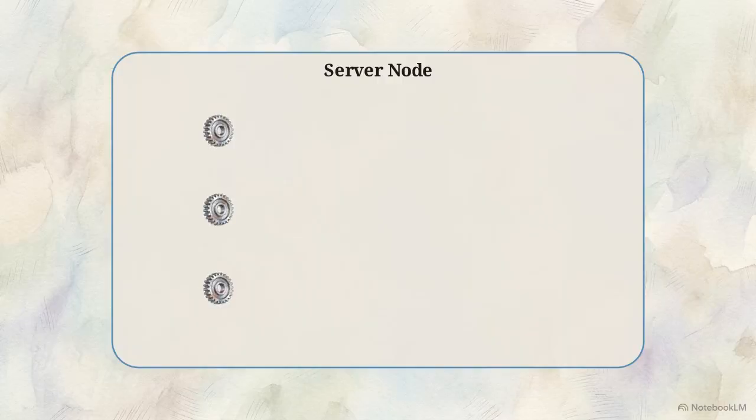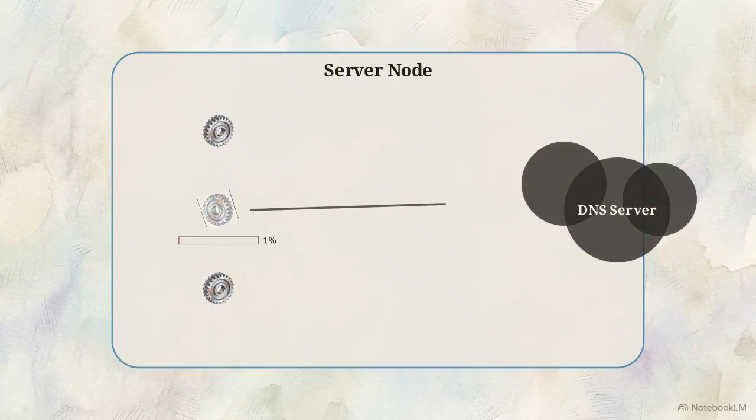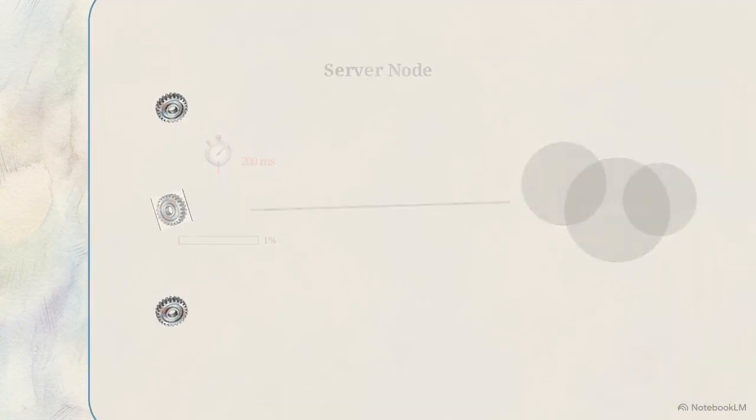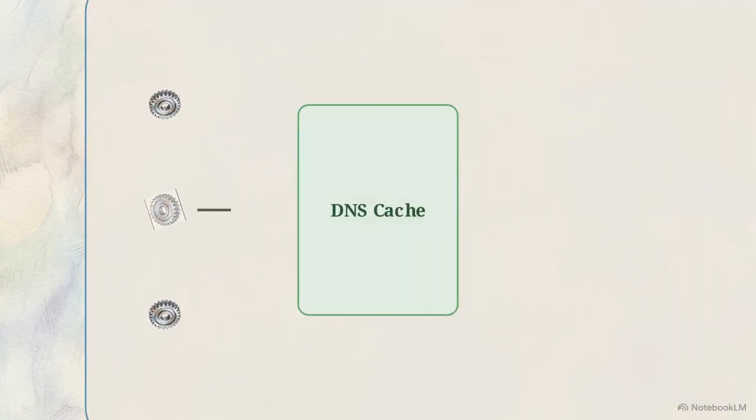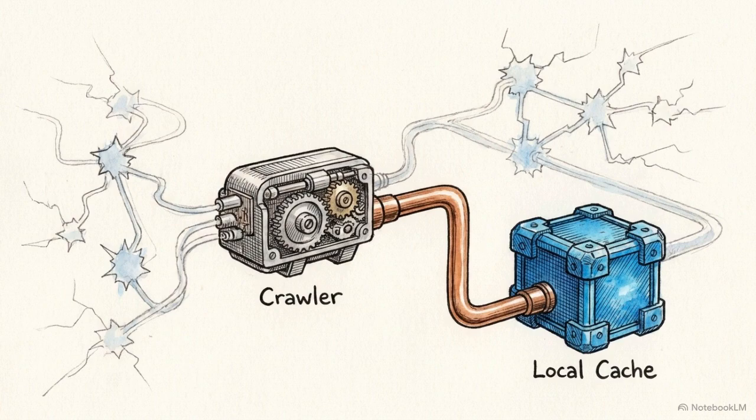To achieve necessary throughput, we distribute our crawl jobs across geographically dispersed servers, partitioning the entire URL space using consistent hashing. Yet, even with multiple servers, we hit a silent killer of performance: synchronous DNS resolution. Converting a URL to an IP address holds a worker thread hostage for 200 milliseconds. The engineering fix is intercepting requests with a local DNS cache. Scaling a web crawler requires ruthlessly eliminating the synchronous wait times of the open internet, rather than simply adding more